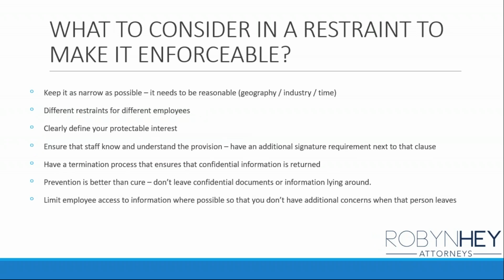So how do you build an enforceable restraint of trade provision into your contract? Well, the first thing is you need to keep it as narrow as possible. Don't make it the broadest restraint of trade clause the world has ever seen, where you're like, nobody that has ever been a client ever in the world you can ever do business with in any country in the universe for 20 years. That is not going to fly, guys. You need to keep it as narrow as possible.